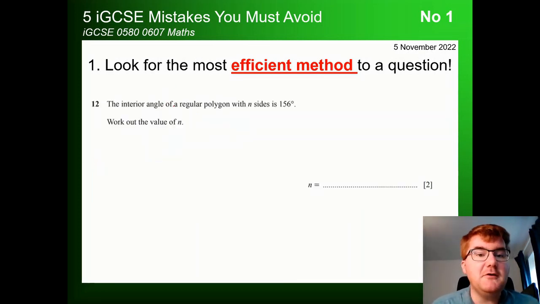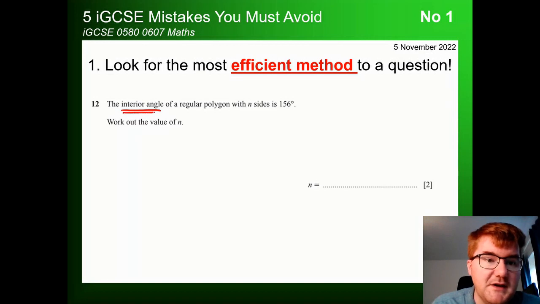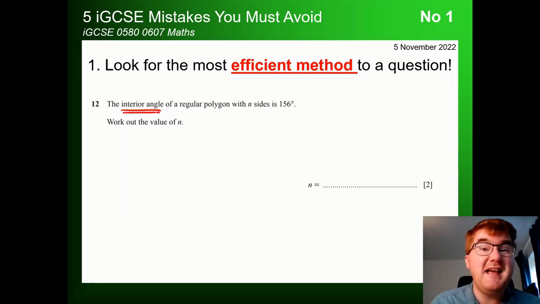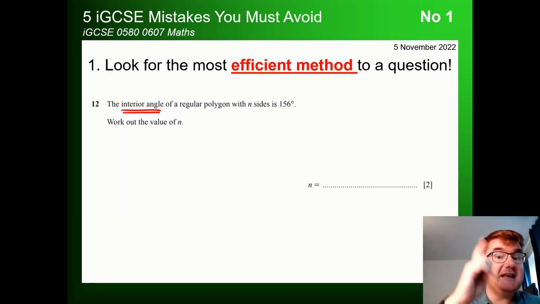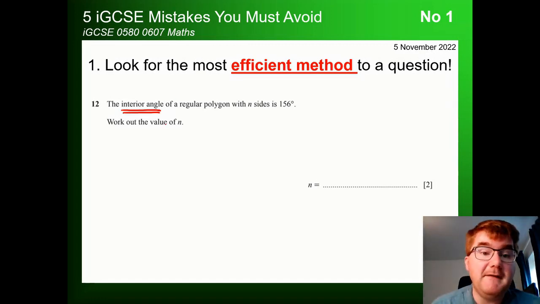So the interior angle of a regular polygon with n sides is 156 degrees. This is one of these trigger words that I do talk about in my videos. If you haven't checked out that video, do check it out above. And we need to work out the value of n. Now, one way you can approach this is use the sum of interior angle formula, but there is a quicker